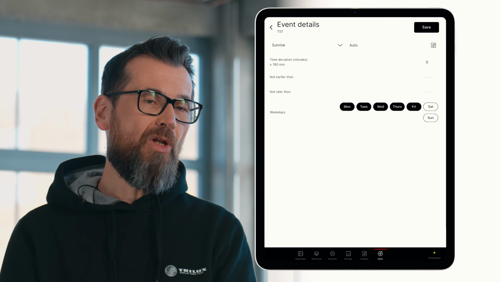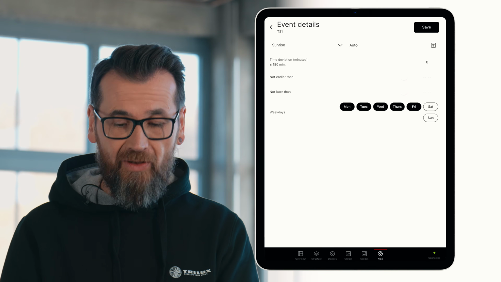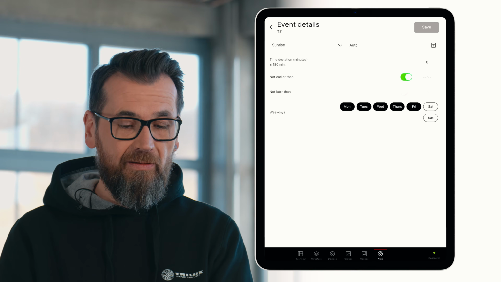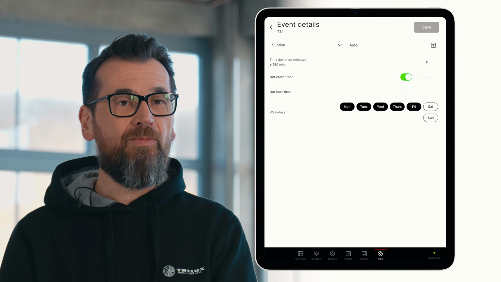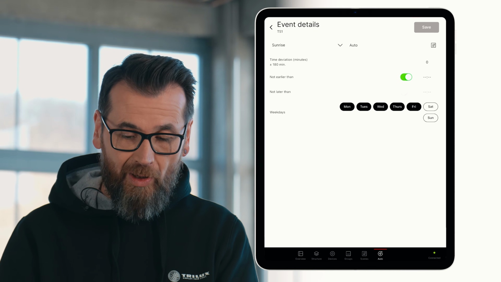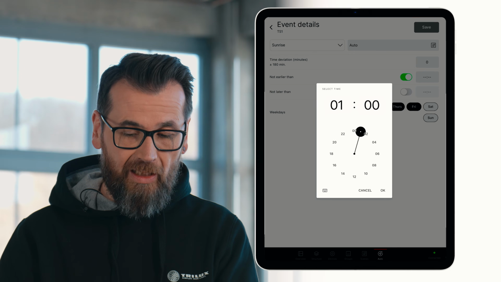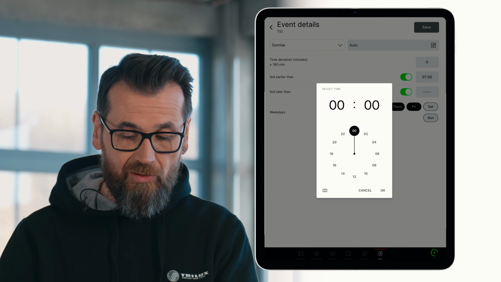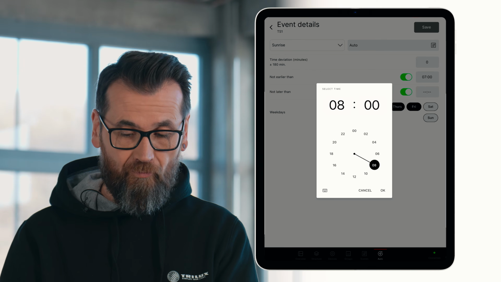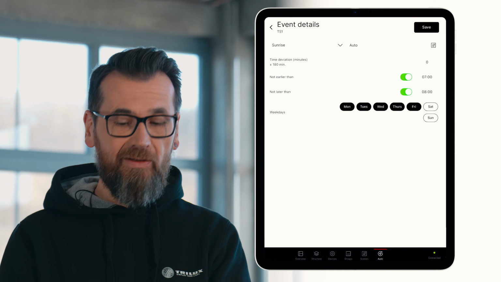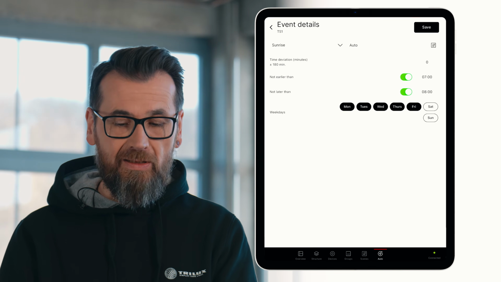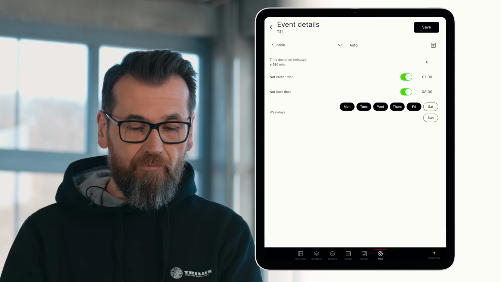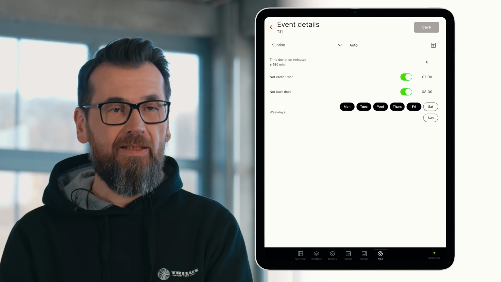Additionally, we can define a time window for the sunrise trigger. This means the scene will be activated at sunrise, but only within a specific time range. For example, no earlier than 7 a.m., but also no later than 8 a.m. We've already pre-selected the weekdays Monday to Friday, so I'll leave that as it is for now. I just tap Save, go one step back, and now we can see the first event in the time schedule